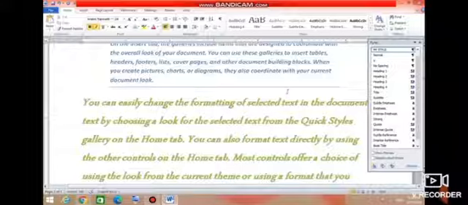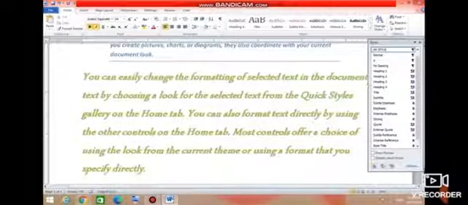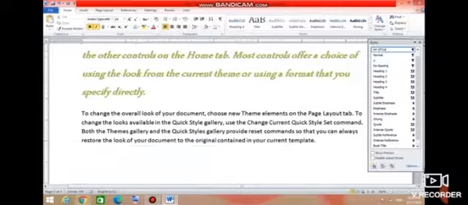Modifying a style. How to modify a style? It means we can make changes in the style that we have created. To do this, we have to follow some steps. Right click on the style that you have created from the style gallery. A shortcut menu appears. Select the modify option. The modify style dialog box will appear. Make the required changes in the style, such as name, type.